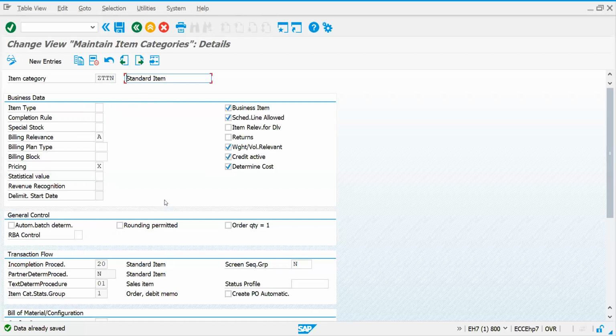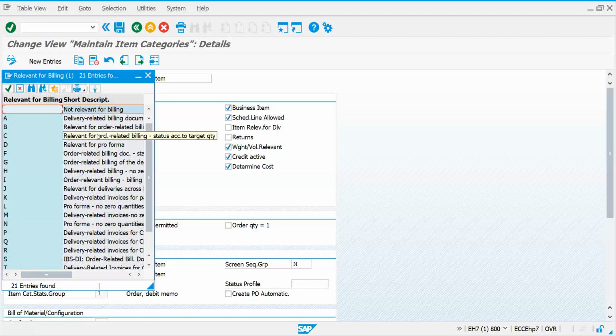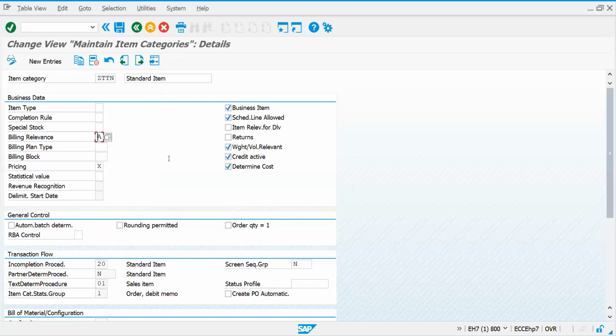I can tell one more example: your customer is saying that it is not delivery related billing, even for a standard item, it is order related billing. So you can see the B or C. Such strange requirements come into the picture most of the time.